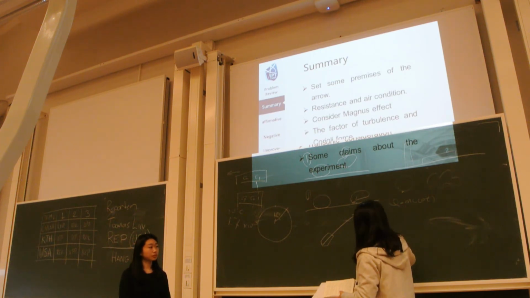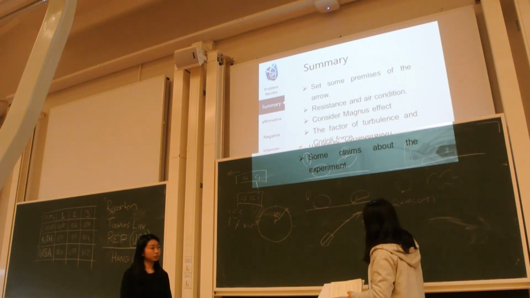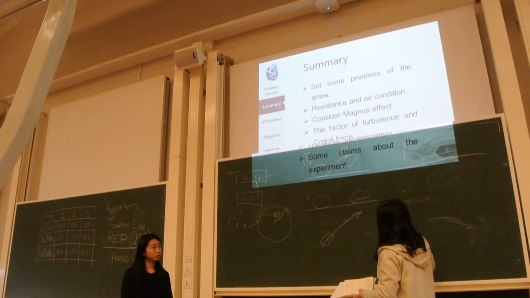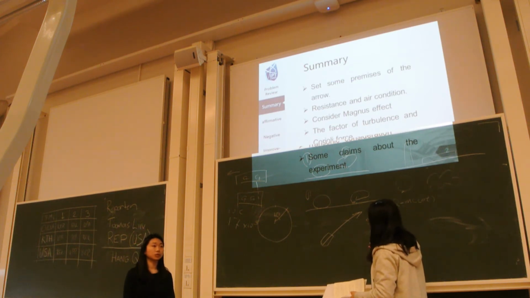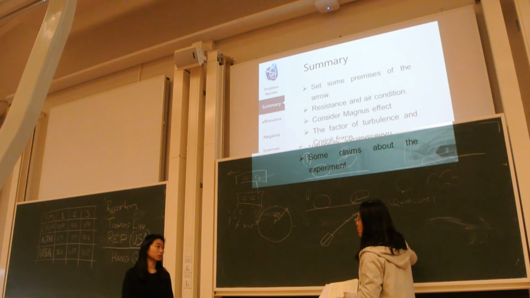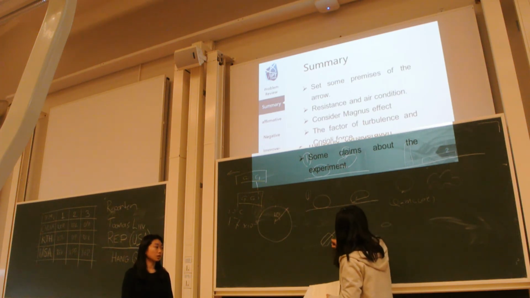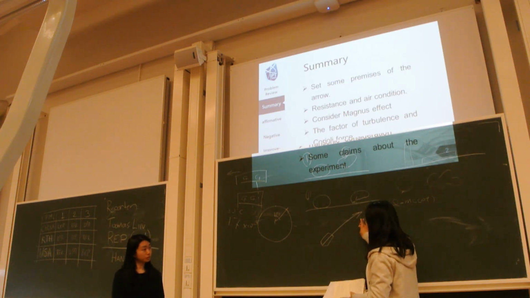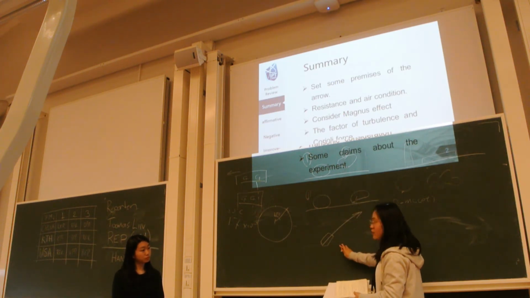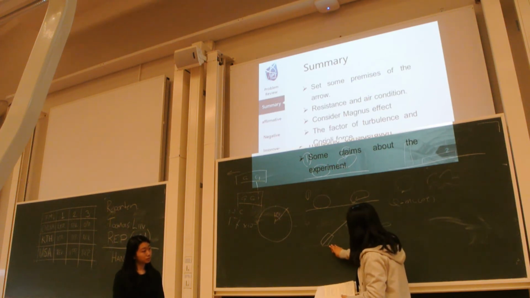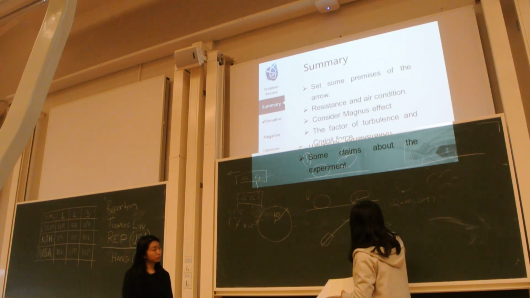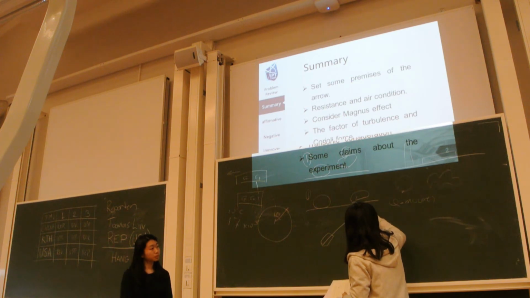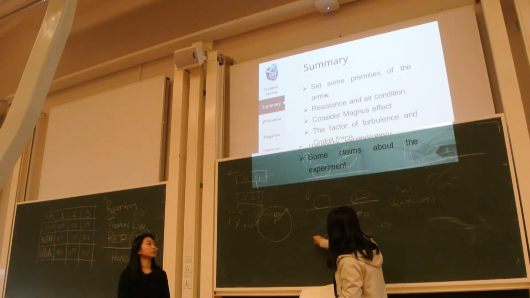Yes, the mass distribution is also a big difference between the arrow and the bullet. So this is the arrow, and if the head is higher than the tail, it will produce a different